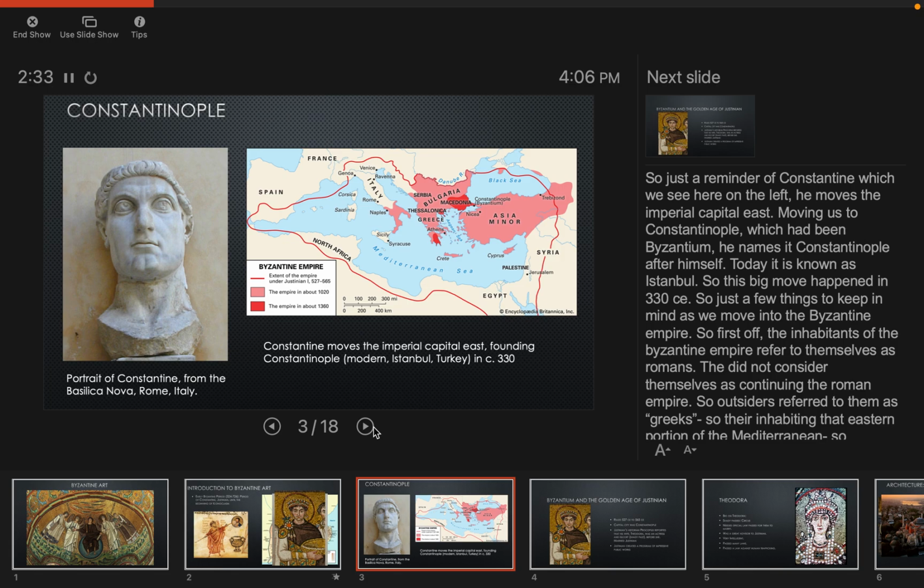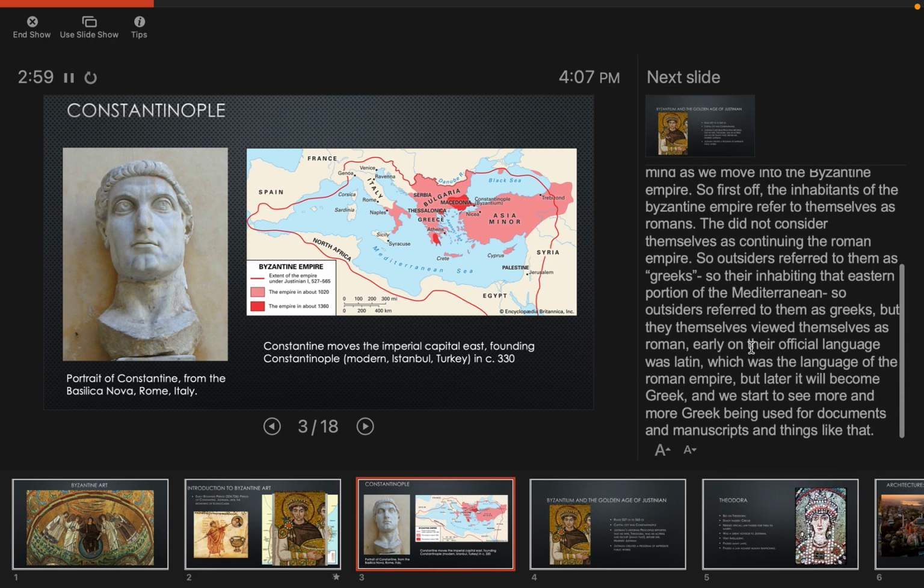Just a few things to keep in mind as we move into the Byzantine Empire. So first off, the inhabitants of the Byzantine Empire referred to themselves as Romans. They did not consider themselves as continuing the Roman Empire. So outsiders referred to them as Greeks. So they're inhabiting that eastern portion of the Mediterranean. Outsiders referred to them as Greeks, but they themselves viewed themselves as Roman. Early on, their official language was Latin, which was the language of the Roman Empire, but